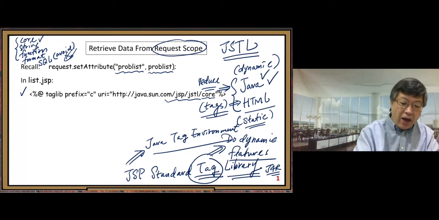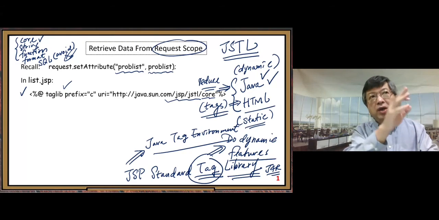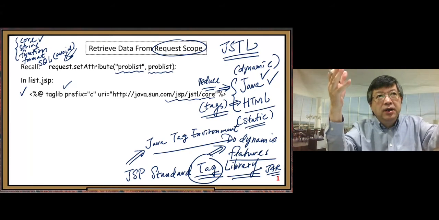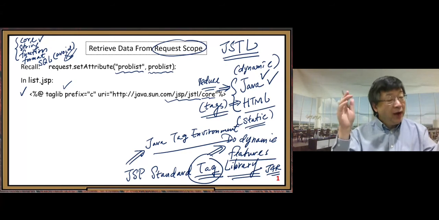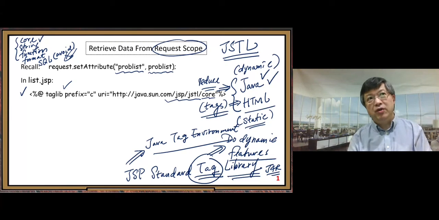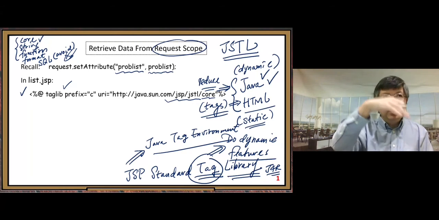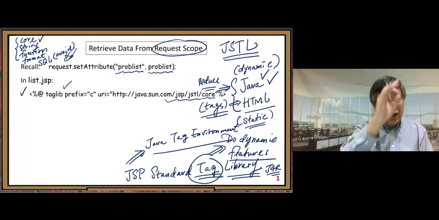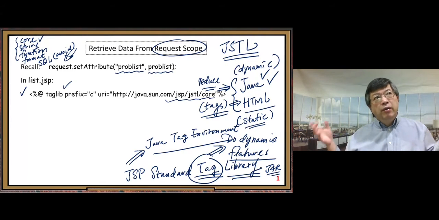All right. So after you put this line, you tell the JSP container where to find the JSTL tag library. First, we know the class loader will find the Java classes in those 3 different places I mentioned last time in the previous video. The class loader knows where to find Java classes. Then in those 3 places, there are still many Java classes. So which ones are used for